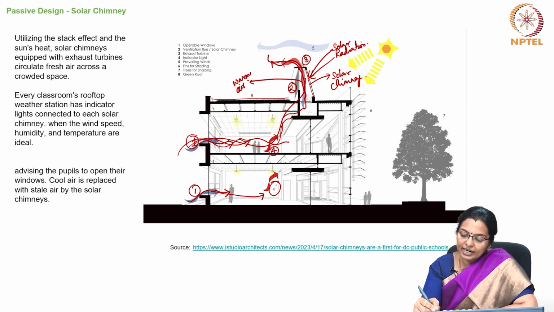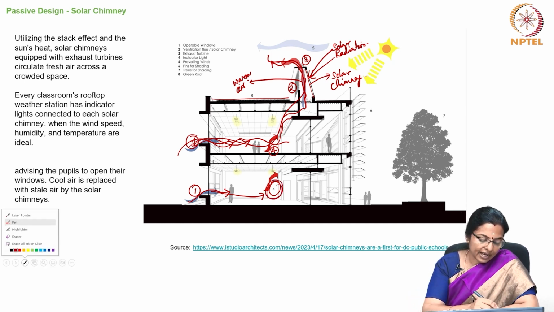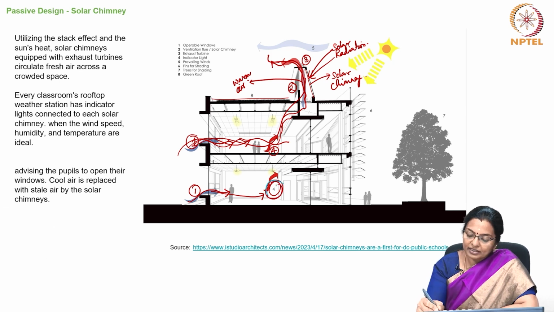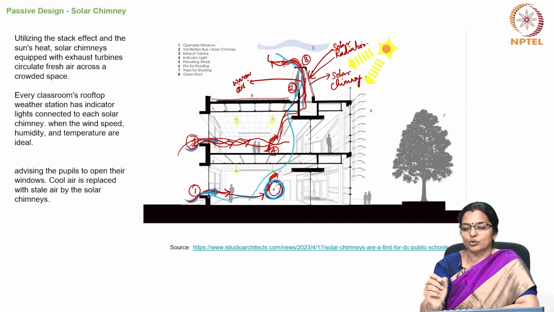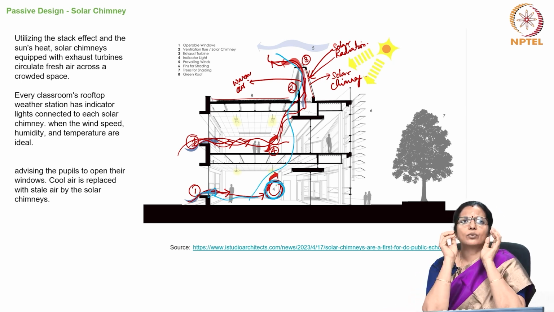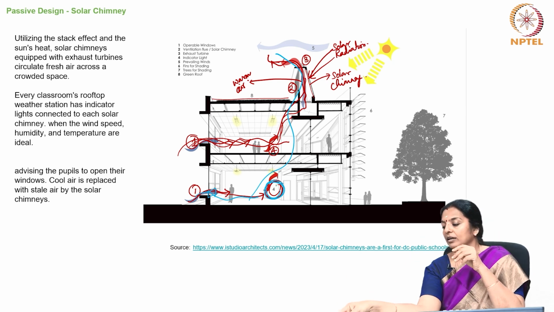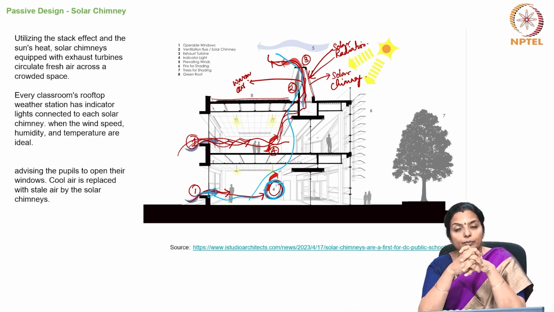So, these indicators indicate whether the air is stale or whether the air is good enough, and if the air is stale, the students just have to open this inlet and then the air gets replaced because of the solar chimney. So, in today's class we saw another advanced passive strategy called the solar chimney, and